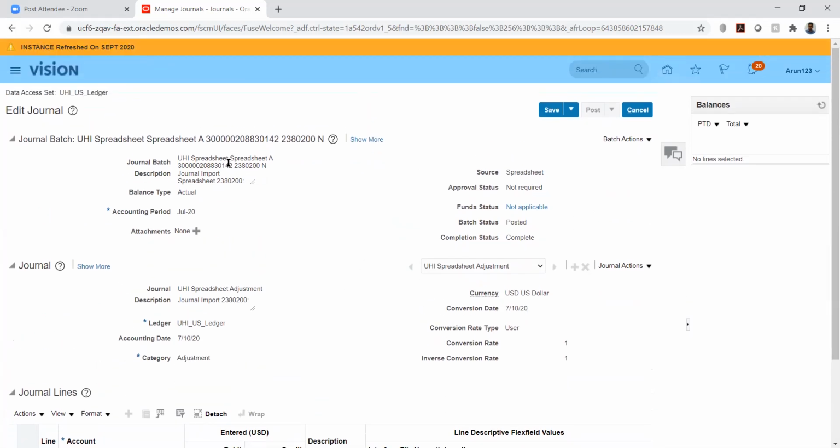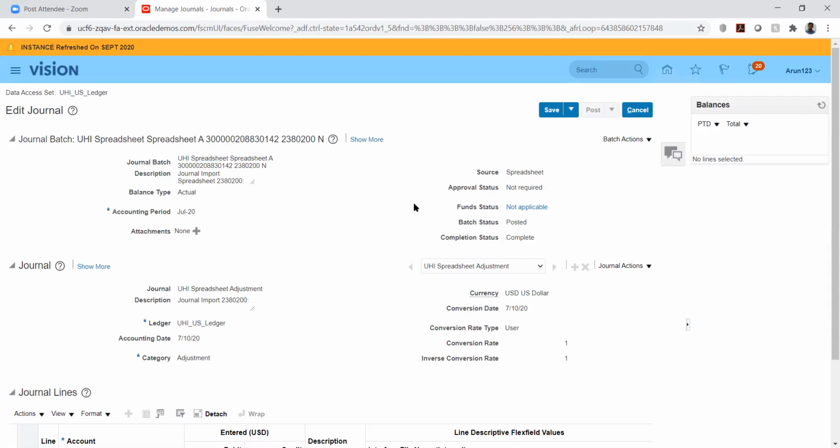And if you see the journal batch, basically this will consume two things: the journal name that we are giving, the group ID, and the import process name. This is how the system will generate.